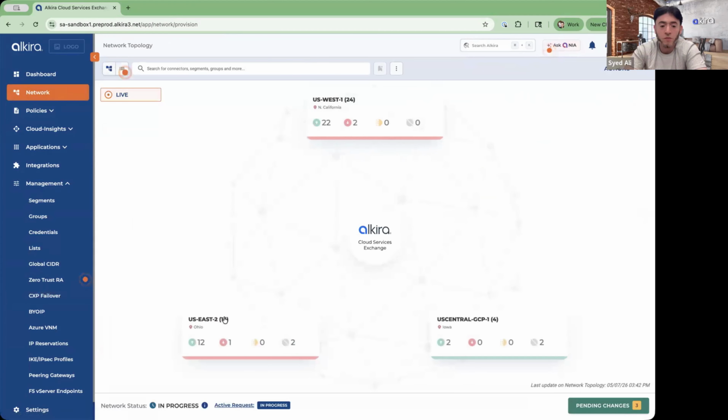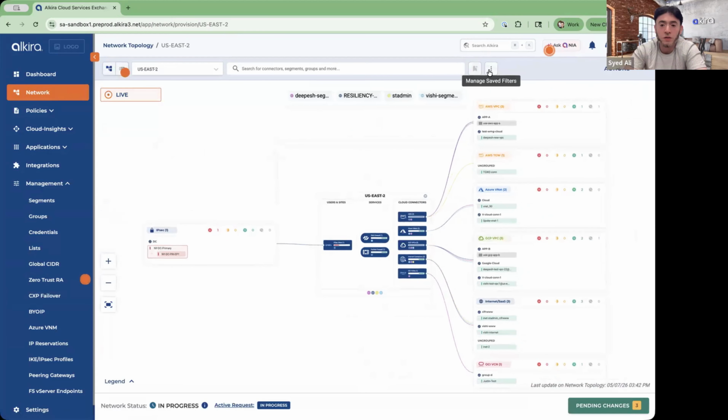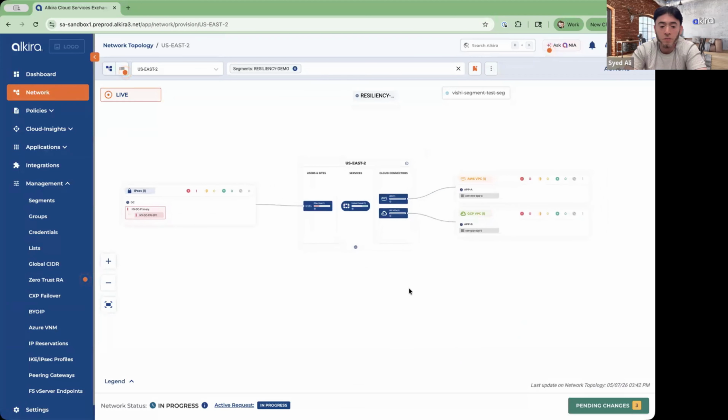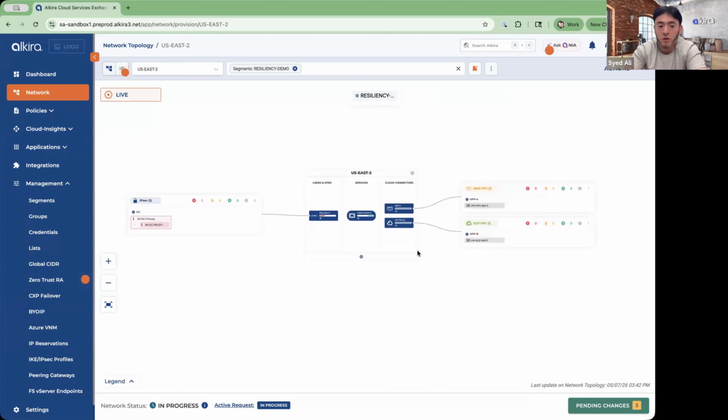So just to reiterate for the users, what we've done again is, in our resiliency demo environment, we went in and said we want to do a DR because my New York data center is down and this entire region is down.